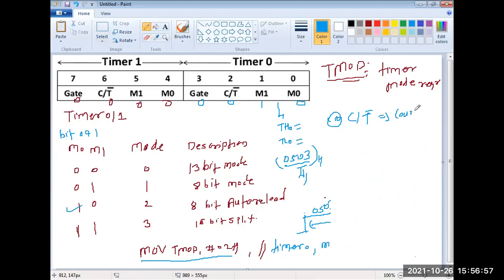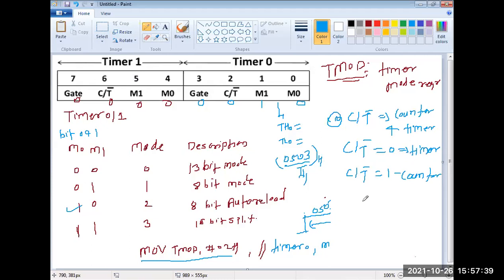We know that it acts as a counter and a timer. Now I can use this timer in counter mode or timer mode based on bit number 2 of timer 0 as well as bit number 6 of timer 1. If this C/T bar is equal to 0, at that time it acts as a timer. Very easy because the bar is there. This will enable the timer. And if C/T bar is equal to 1, at that time it is used as a counter to count external pulses, and the timer works through the crystal oscillator internally. It provides the time delay.